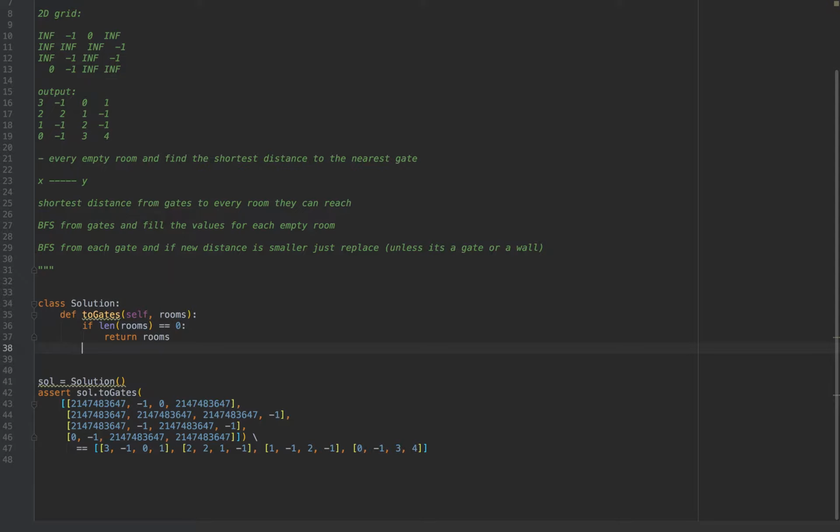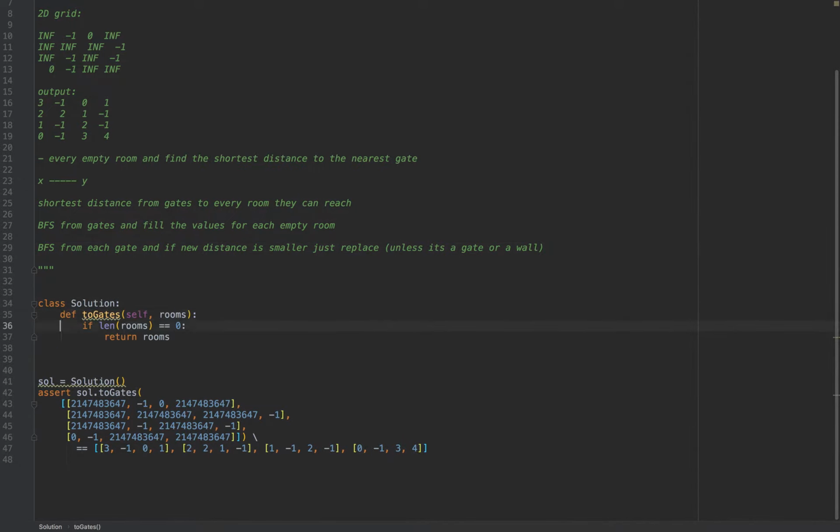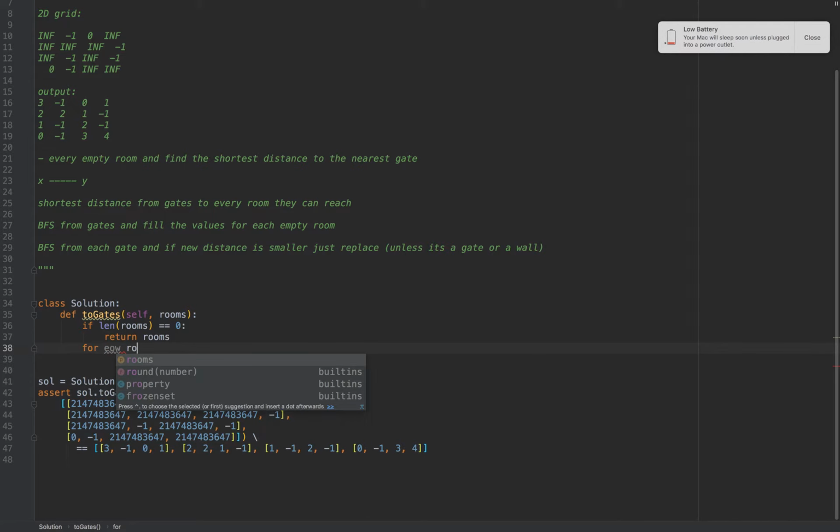And so the first thing we want to do is look for the gates and then start a BFS from each one of them. That's what we said here. And so let's just call this def. Let's just do it like this. So we can just go through each row and column, right? So row in the range of